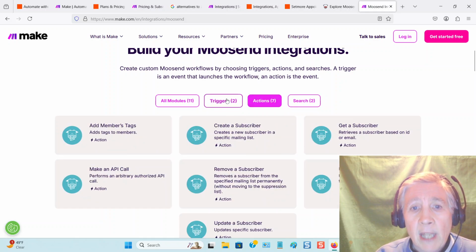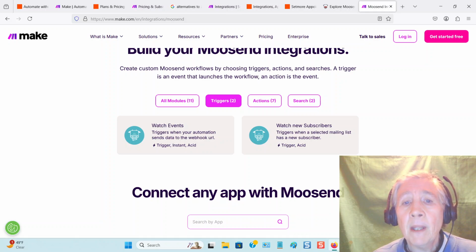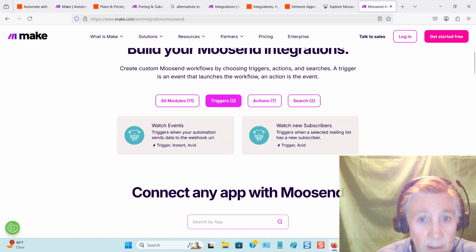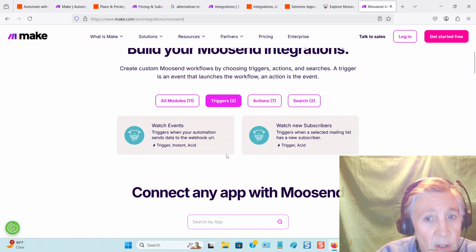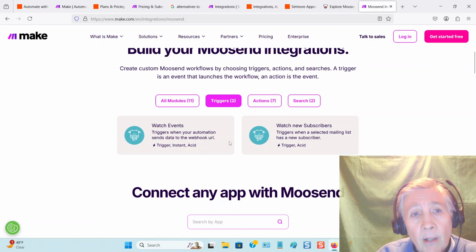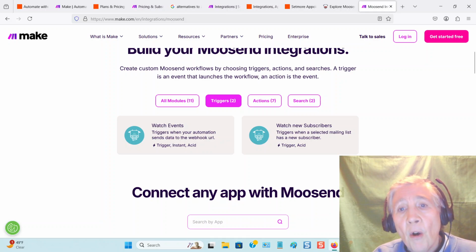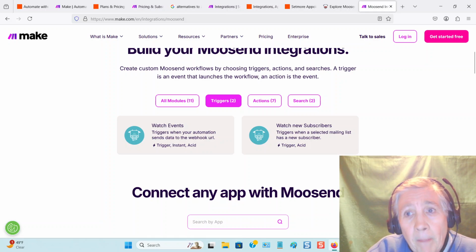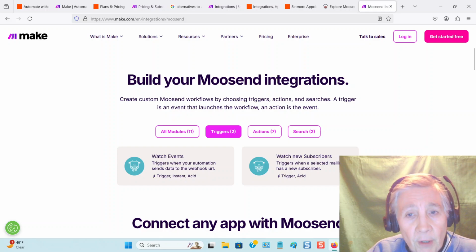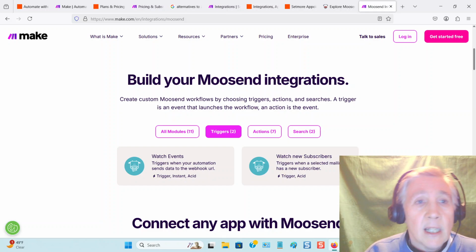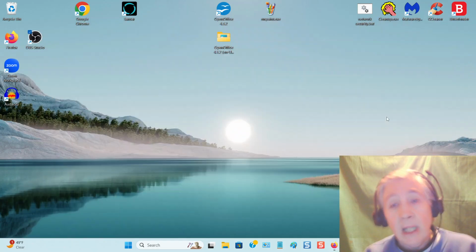As I mentioned before, in general with Make, their triggers and actions, the functions that are defined in there, these here are literally functions, at least I call them functions, that make up your automation sequences. In general, they're not as richly defined as they are within Zapier. For some ecosystems that's not a big deal, but others need more functionality. So a lot of times a designer is forced to use Zapier instead of Make,